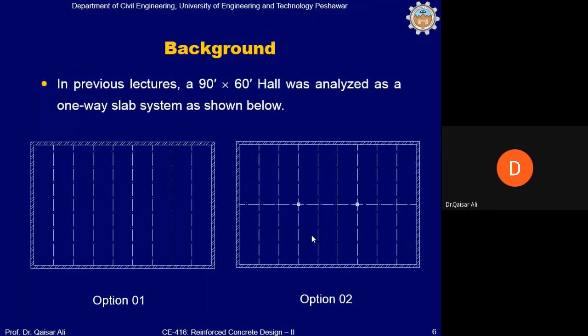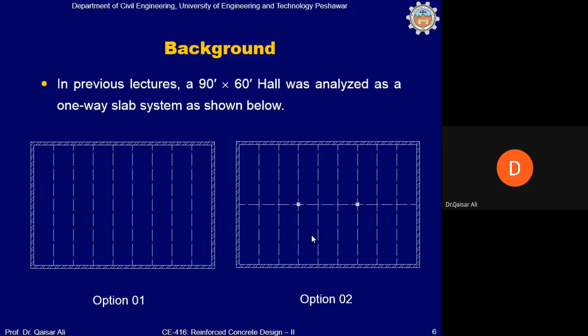In option 1, there were 60 feet long beams running along the 60 feet side of the hall, and all the slabs were one-way slabs because the ratio was more than 2, and we analyzed the one-way slab using the step method of analysis,